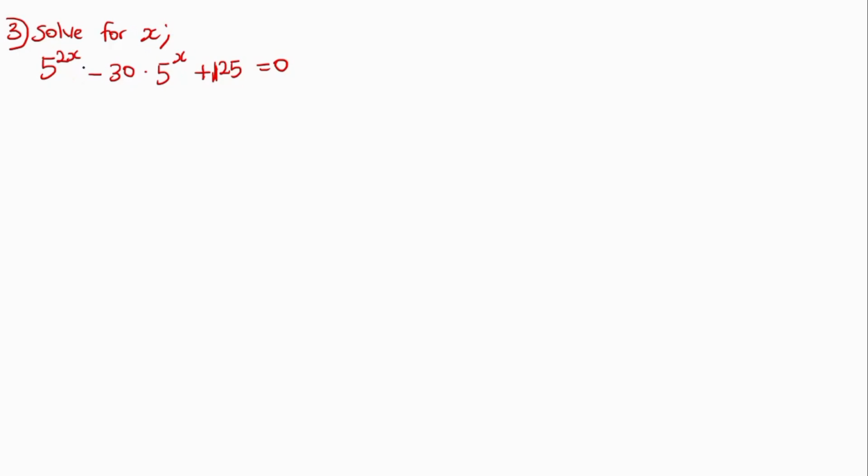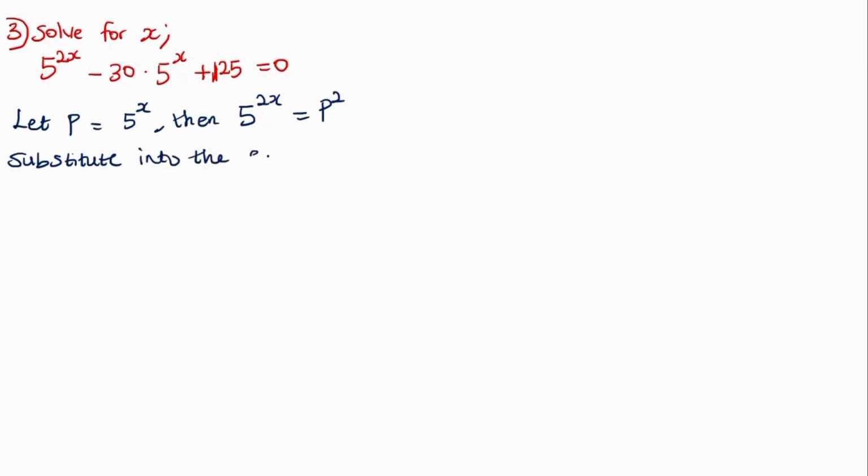5 raised to the power of 2x minus 30 times 5^x plus 125 is equal to 0. So solve for x. The first thing I want to do is to say let p equal 5 raised to the power of x. Then 5 raised to the power of 2x is equal to p squared. So, substituting this into the equation, we have that